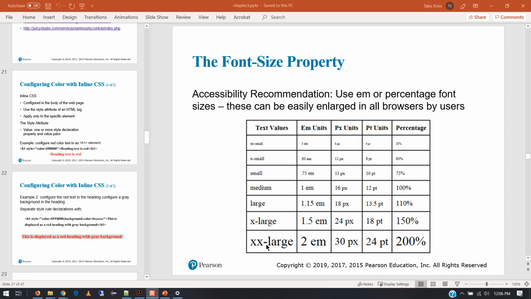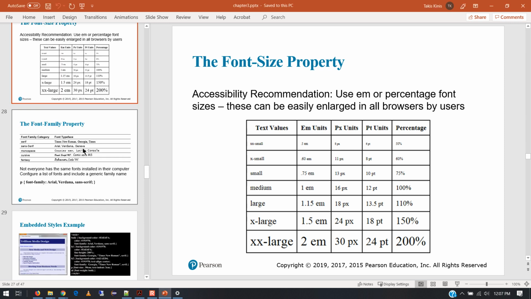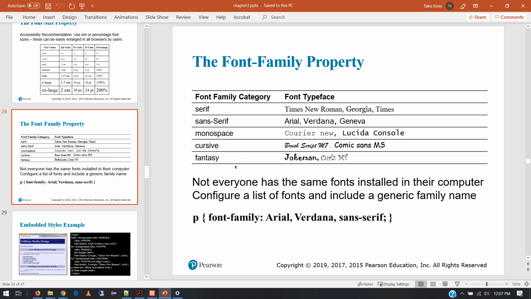The text values for sizing are also tied directly to these. And frankly, folks, I recommend that you kind of avoid those. Okay, that's my personal preference. I think it's better to do it mathematically because then you have a tangible amount. The other thing that's interesting is you don't have to stick with this chart. If this chart goes from like 1 to 0.75, you can do like 0.82 if you want. Why not? It's just math. So it gives you a much finer gradation of control. All right. I want to actually try a couple of these things, but we'll do that all